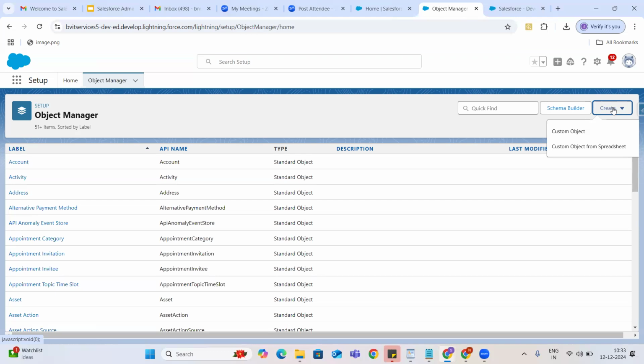Object is nothing but a simple table, guys. Object is the keyword that Salesforce uses, but it is nothing but a simple table. We might have heard about employee table, student table, like that, right? So in Salesforce terminology they use object, but it's a table.